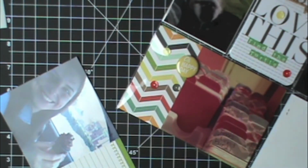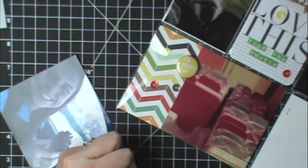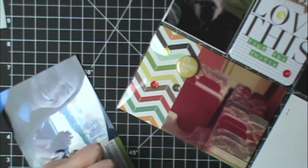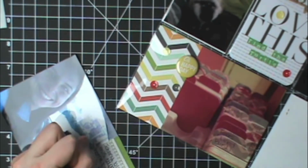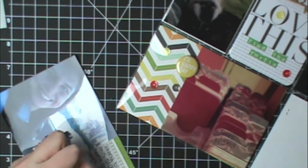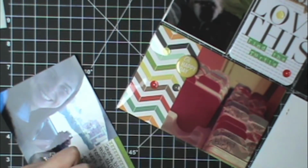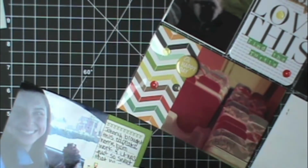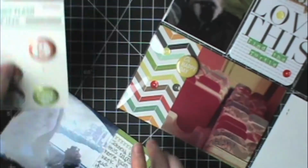So next there's this picture of me holding a cupcake that my husband brought home for me. They had a birthday party celebration at work, and he thought of me and brought one of the cupcakes home. I thought that was really sweet. And so that's me in the car with the picture because we're going out to eat, and he just surprised me with the cupcake. And so I did a little bit more journaling for this,